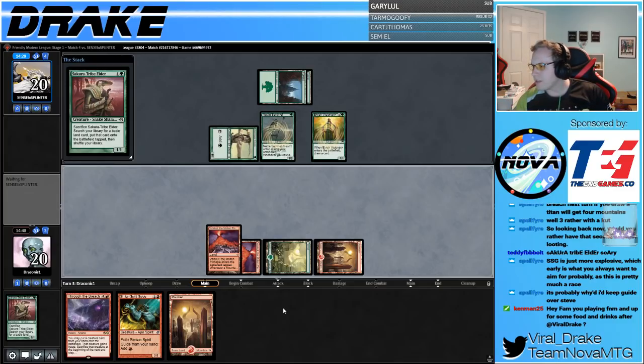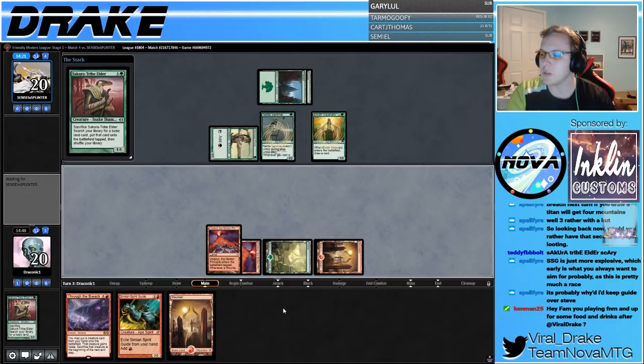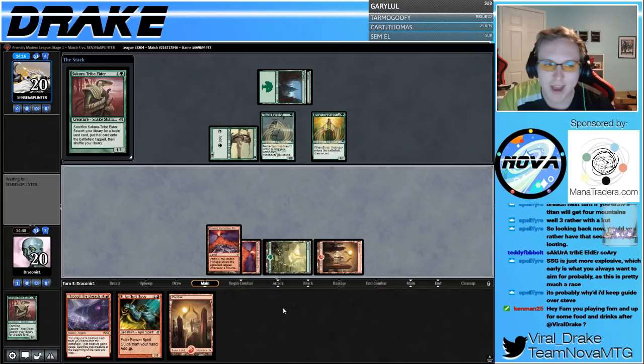That's why I keep saying SSG is more explosive, which early is what you always want to aim for, probably, as this is pretty much a race. Yeah, I agree with you, which is why I ended up keeping the Simian Spirit Guide. When we were talking about it, I thought Spirit Guide was going to enable us to be fast enough to win this game, and the whole race plan is